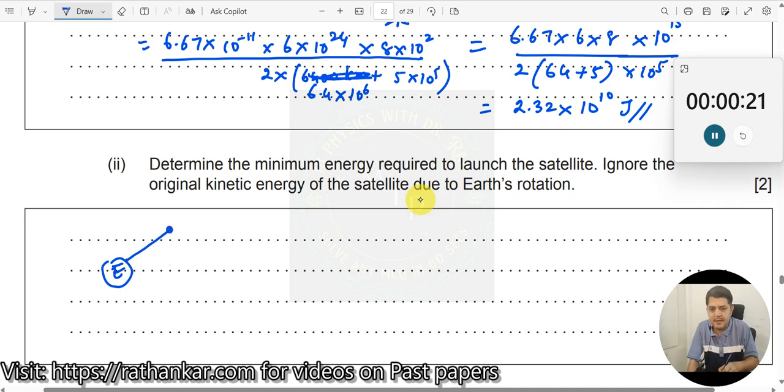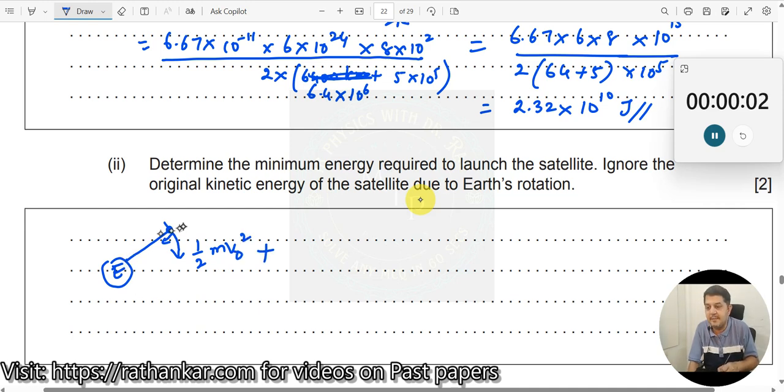The moment you keep it, what will happen to the satellite? Satellite will immediately start falling here. So what you should do? You should not make it fall. It should permanently stay there. So you need to give an orbital velocity here. Okay, which means the energy that you require for launching is nothing but your half mv naught square plus now